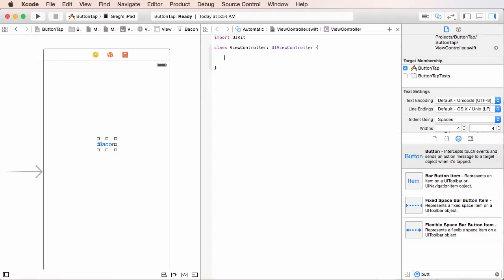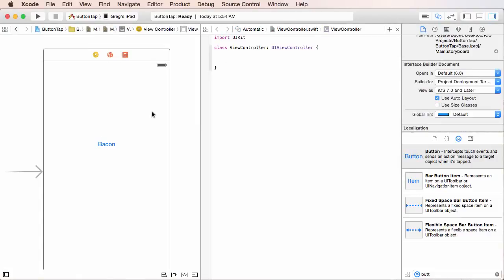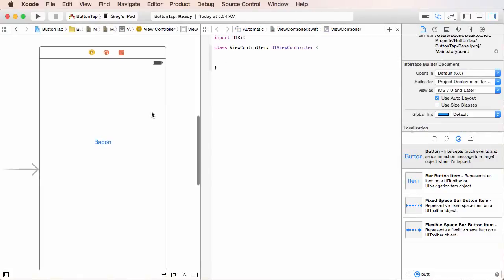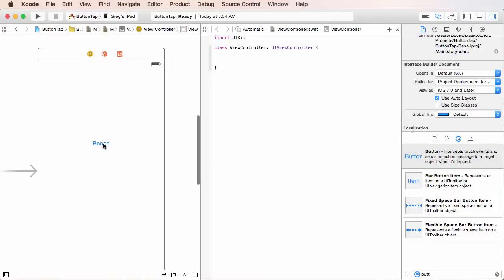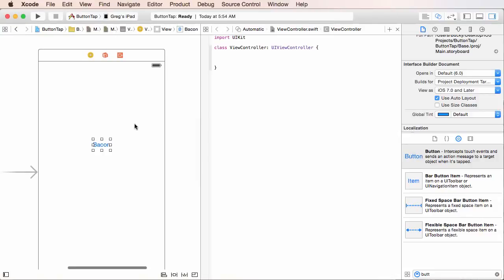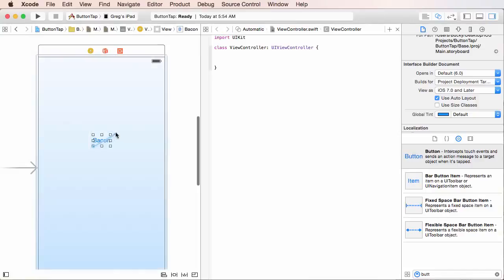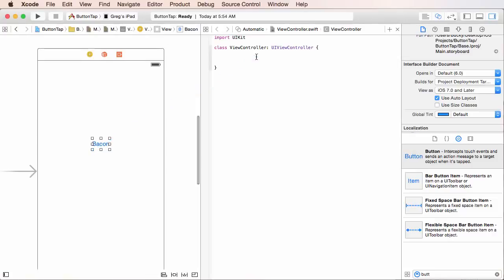All right, so how do we create that action method? You probably think you have to go here, and what's the syntax for it? It's probably really confusing and I have to remember this. Well, check this out. This is one of the things I love about Xcode and iOS development. If you select this button whenever you're in this view and you hold down Control on the keyboard, so I'm holding down Control right now, click and drag, and you're going to see a blue line. Now, if you drag it over to here, right inside your view controller, and let go,